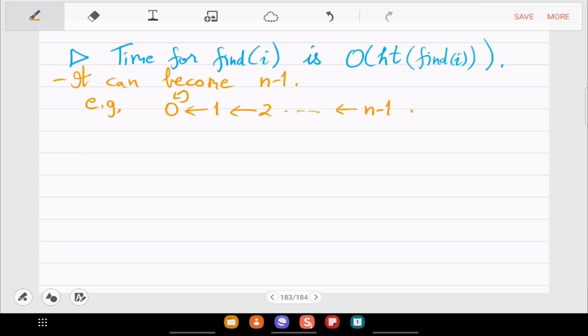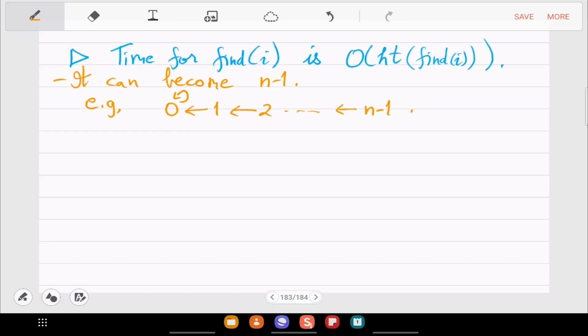Those sequence of unions will give you this tree. So it is the whole set, and at every point this find is requiring order n, theta n time. So this is still not better than your graph solution.